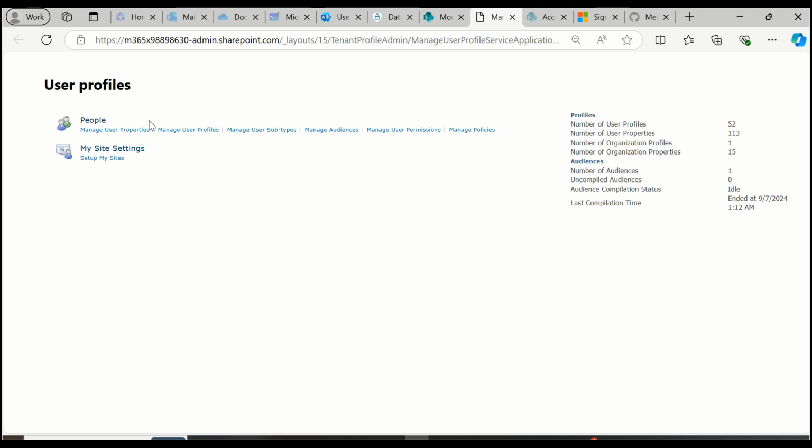So I click on user profiles, it takes me to user profiles, and a couple of things we can see here. The first is manage user properties, but I'm going to call your attention to manage user profiles and manage user permissions. Case scenario number one: if a user logs into office.com and launches OneDrive, and the OneDrive redirects to the Delve page, just ensure you come here and go to manage user